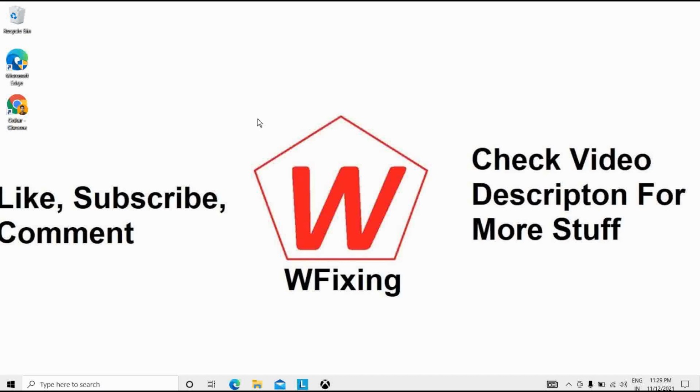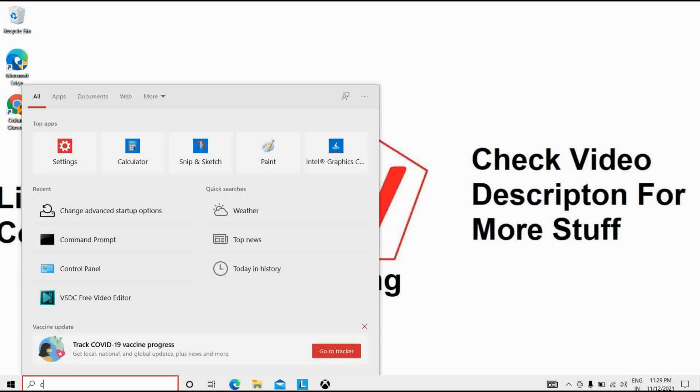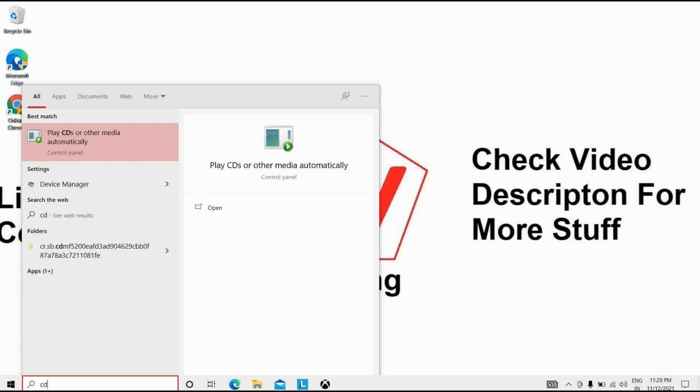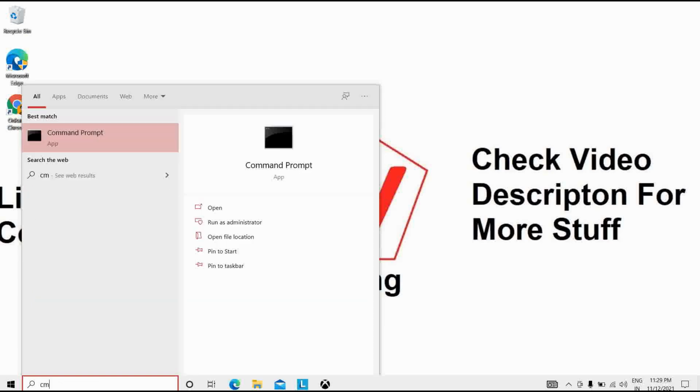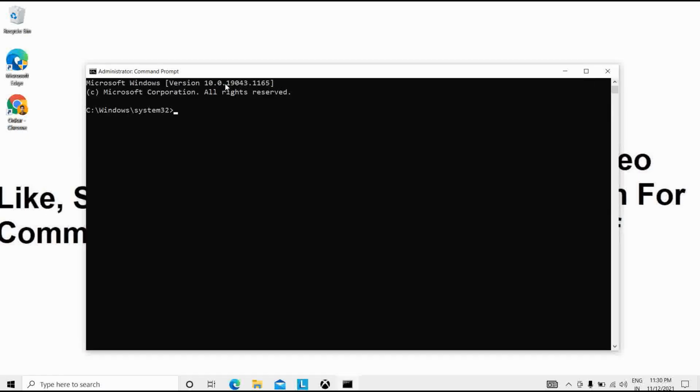Okay, if you have the system file checker, what we can do is open cmd, that is command prompt, and after that you can see the run as administrator option. I will click on yes again, and you will see the interface, and I will type sfc /scannow. You have to run one command, that is sfc, and it will run in this mode too. So you don't have to worry about anything.